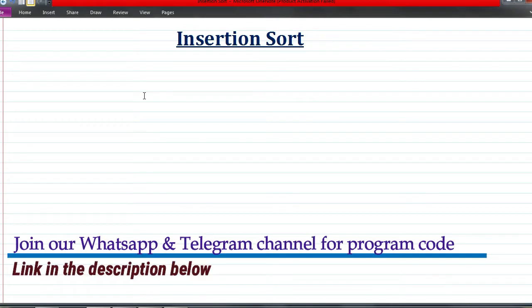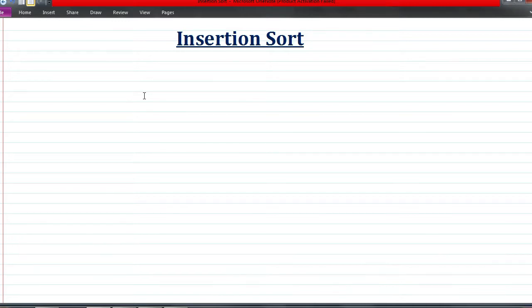Here also in insertion sort we will have a list of elements. We are going to consider the array in two parts, sorted and unsorted, and we are going to pick an element and insert it in the appropriate position. So basically this is similar to the way we arrange cards when we play cards. We pick a card and insert it in the appropriate position. Similar to that, here we will have an array of elements and the array is divided into two parts. Okay, so we consider a sorted and an unsorted part.